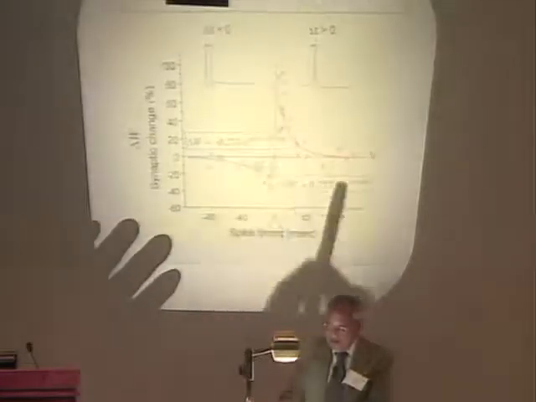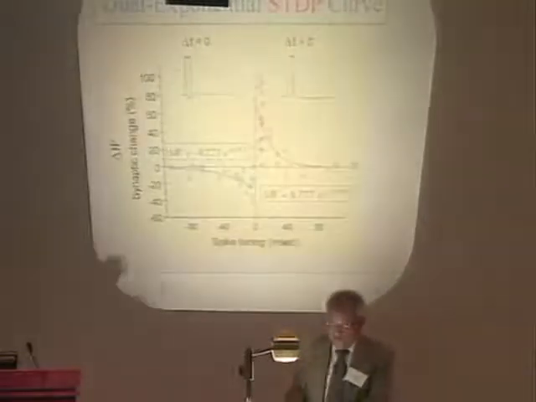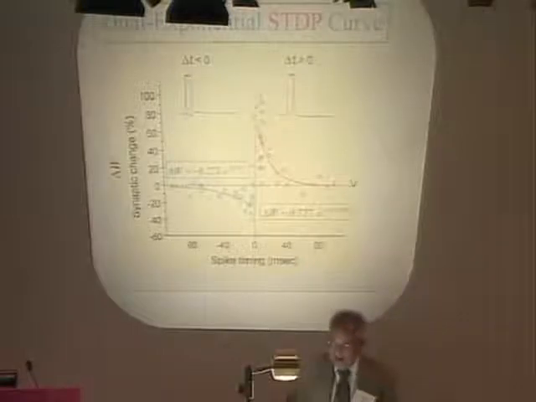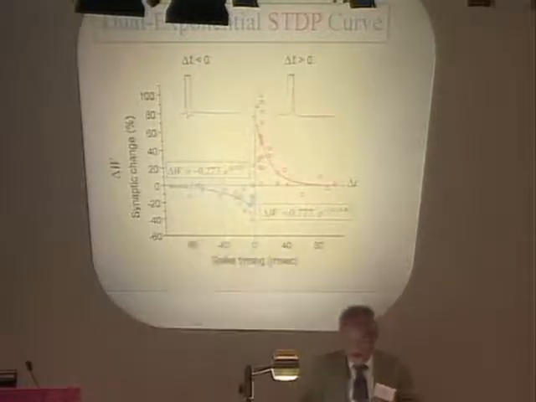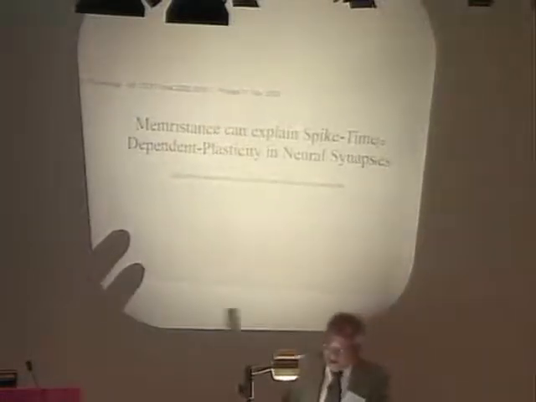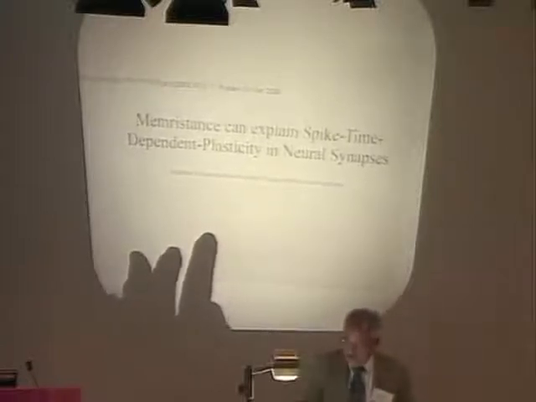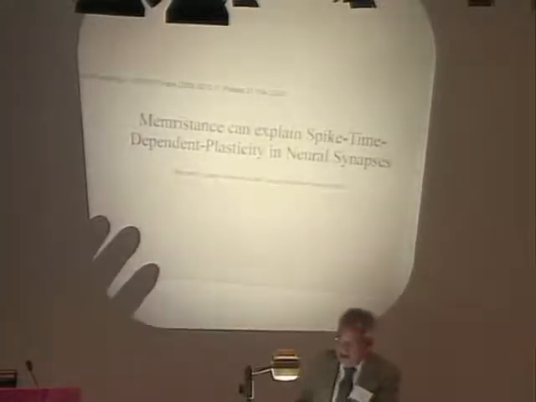So I call this a dual exponential curve, which is the standard curve now that everybody is basing on. And so now this is neuron learning. Suffice to say that this is how you and I learn, at least as we know it today. Now this paper that I'm referring to is from Linares-Barranco and his colleague. And he says that memristors can explain spike-time-dependent plasticity, the code is STDP, that you saw in neural synapses.